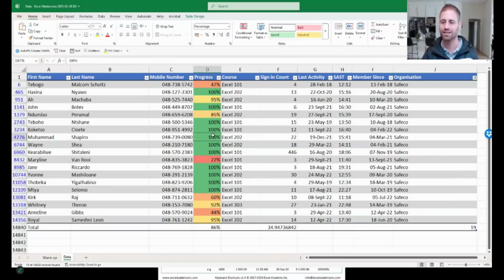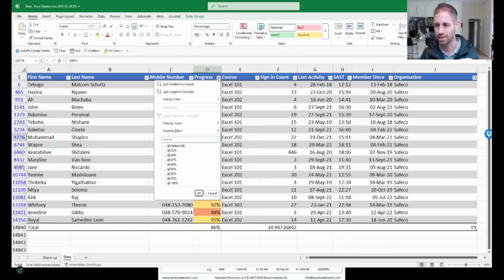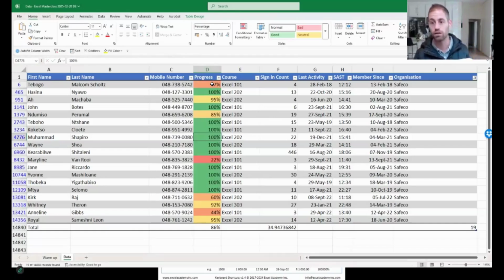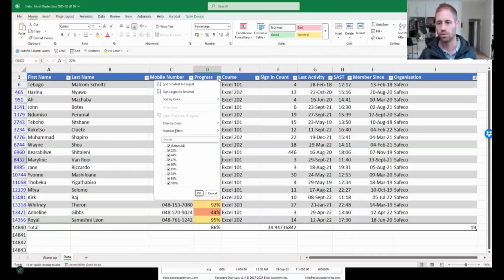Okay, I'm going to undo that. And that's fantastic. It's conditional formatting. It's a brilliant tool, and there's lots more you can do with it, which we cover in depth in Excel 202. But for now, I just wanted to show you what is possible with it when it comes to formatting these values. And then we might want to sort this from top to bottom, to put all the people who have done 100% up at the top,